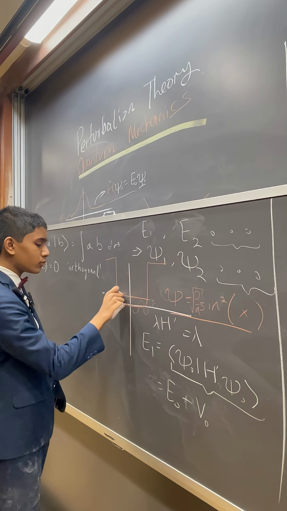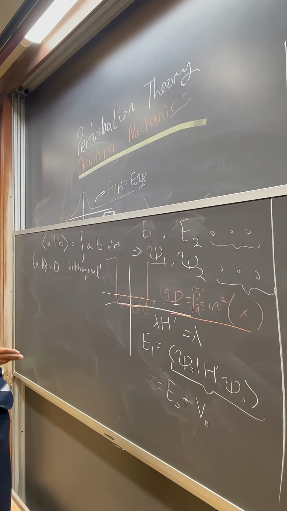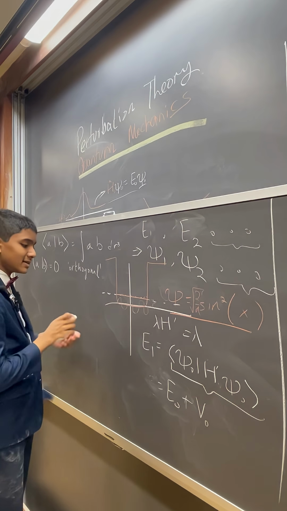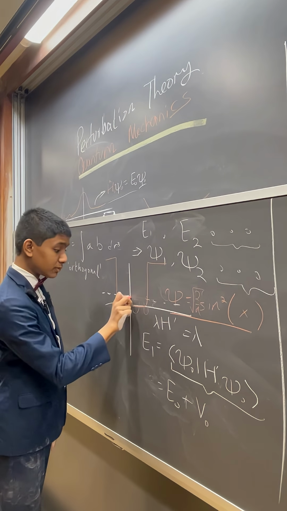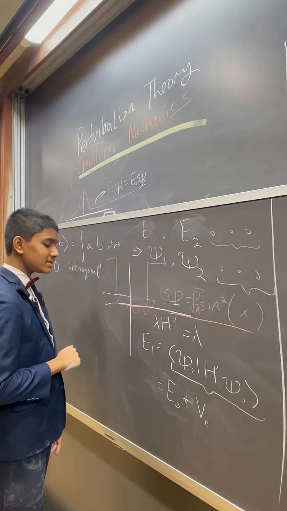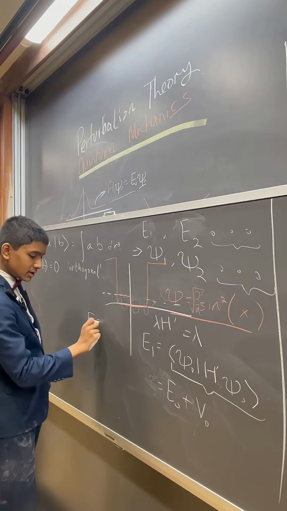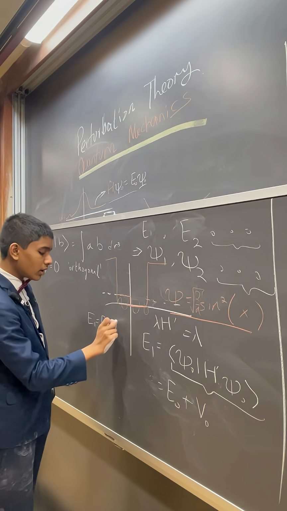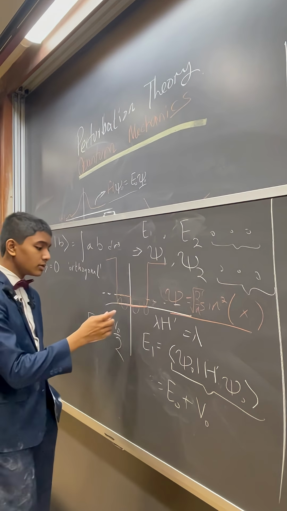a first order approximation is giving exact results for the potential when it's such a constant perturbation. Now, if it is not a constant perturbation, something like this, then you get that E1 is equal to E naught plus V naught over 2, which is not the exact formula, but